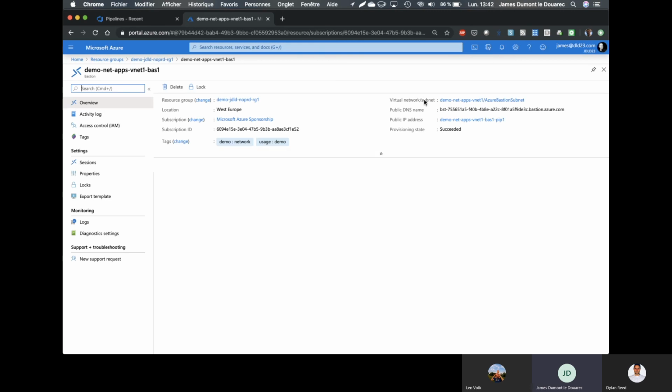Yes, we can see that my Azure Bastion subnet is located in this virtual network. So we have one for the apps and one for the sec. And if you have a look at the tags, we have 2 tags. The one that was at the resource group level, and the one that we had in our code.